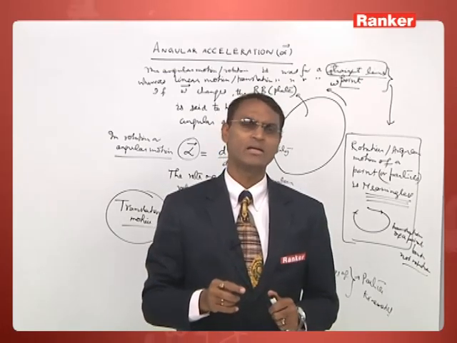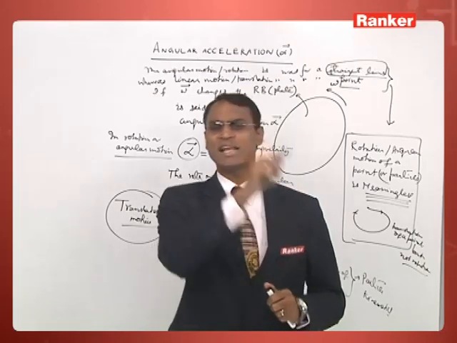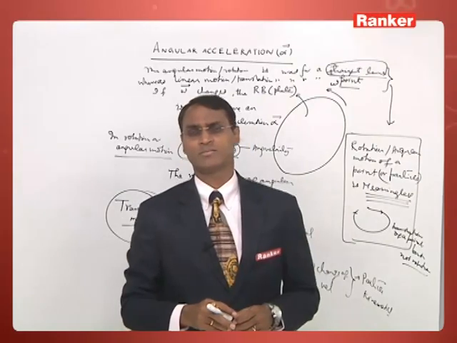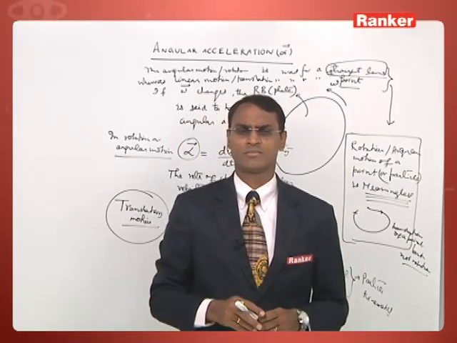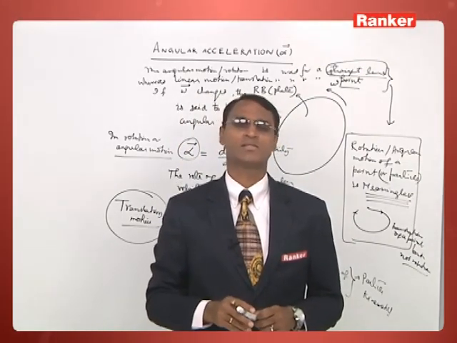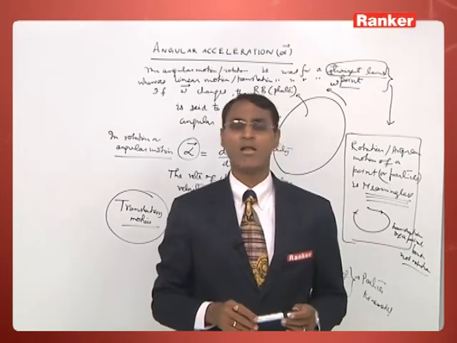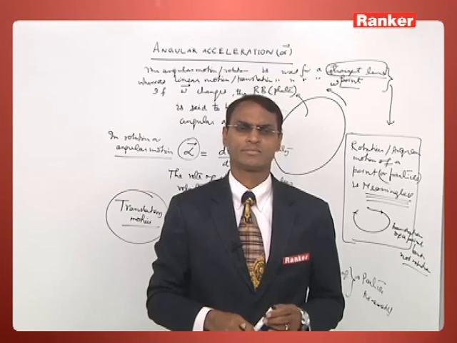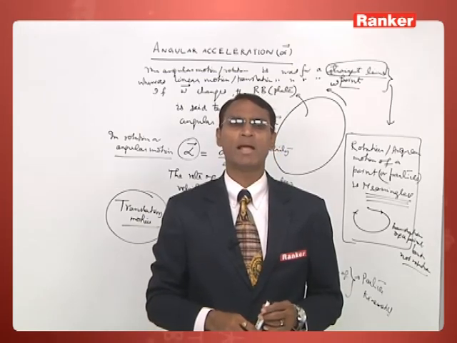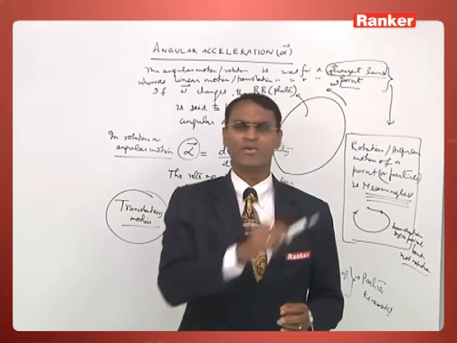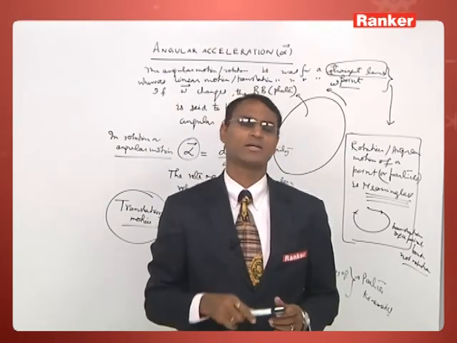When the point moves in an ellipse, say the planets revolving around the sun, the planet sizes are negligible compared to the distance between the sun and the planet. Therefore, the planets can be treated as particles. They move in the path